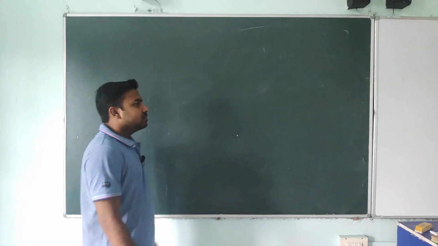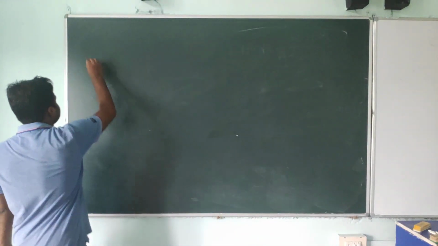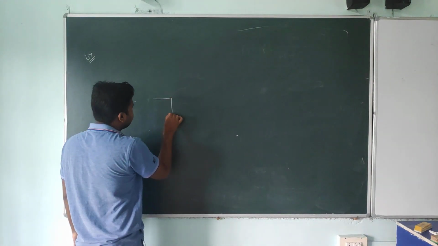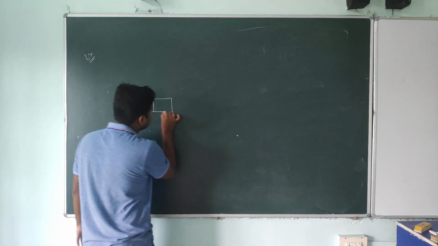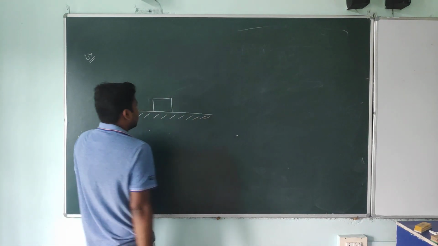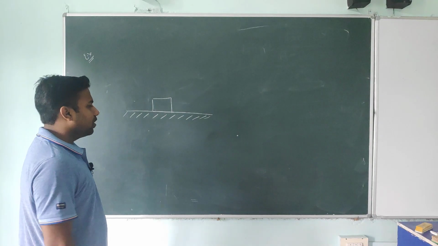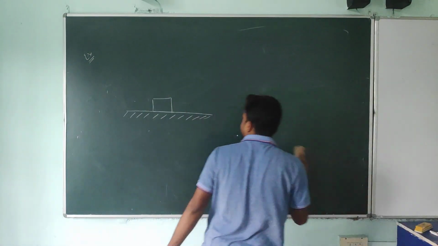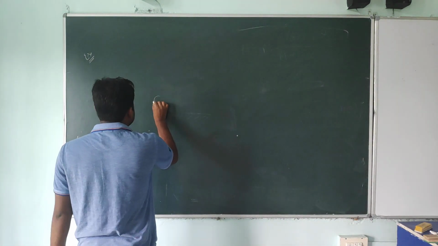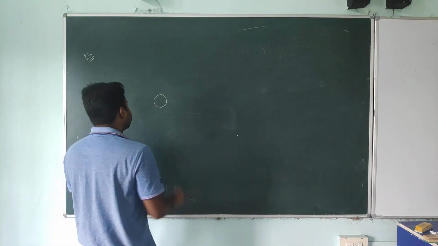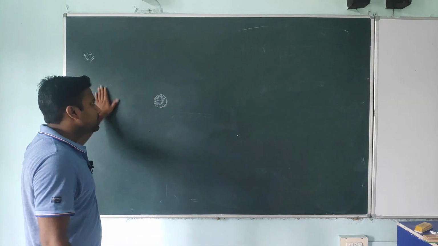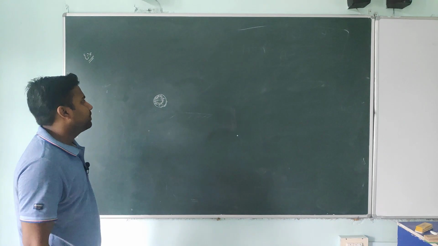Okay student, so now I am going to take another example. Now in this example, a practical example I am taking, here we have a block, or a simple particle. You can take a block also, but here I am taking a ball. Now this ball has freedom, this ball can move in this green board plane.